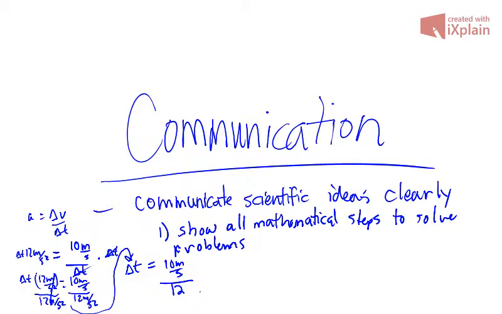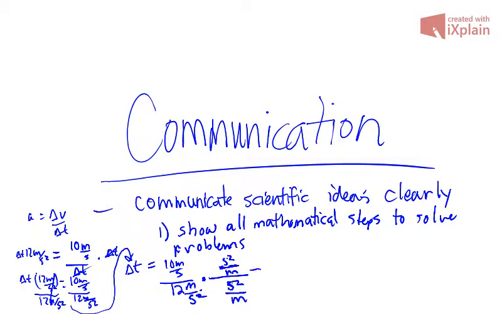And let me be also extra clear. Your fraction should probably not be sideways. Sideways gets confusing. Make them up and down just like this. Okay, so now we have 10 meters per second divided by 12 meters per second squared. And, you know, we're not quite done. We have to multiply top and bottom by the reciprocal. So we're going to do that. We're going to multiply top and bottom by seconds squared over meters. Seconds squared over meters.